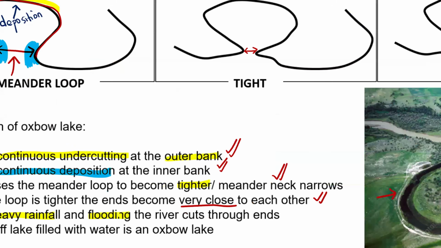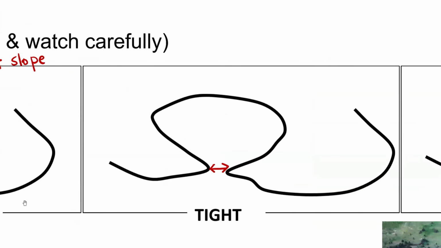Basically, this is trying to say to us that since we have deposition and erosion, continuous undercutting is happening here at the undercut slope, and this will continue to happen. When there is flooding, it will happen so much that your undercut slopes will end up colliding with one another. Your outer banks will erode and erode in such a way that they collide, so the water is now intersecting with one another.